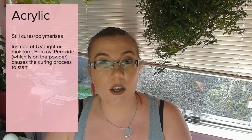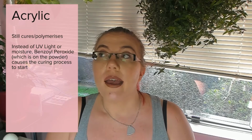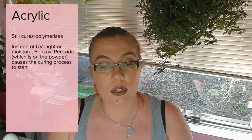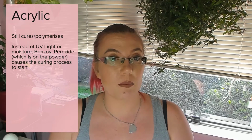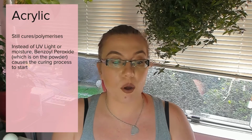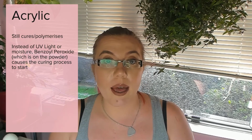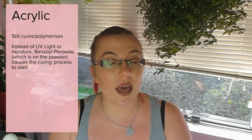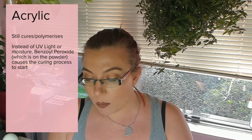The monomer is a lot more expensive than the powder. If we wanted lots of colors of liquid and powder acrylics and we decided to color the monomer, that would be very expensive because we would have to buy lots of monomer. So instead we color the powder. It's much easier, it's much cheaper, and you can have lots of colors of powder. And then we dip our brush